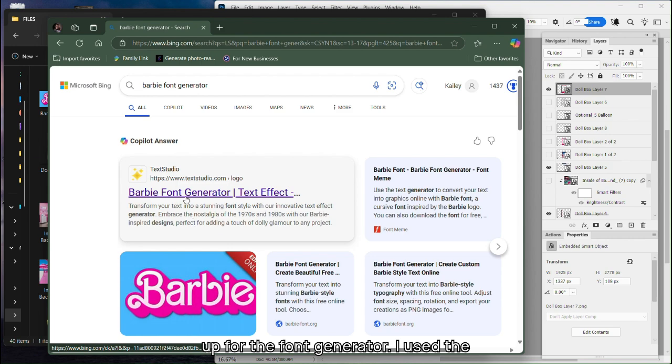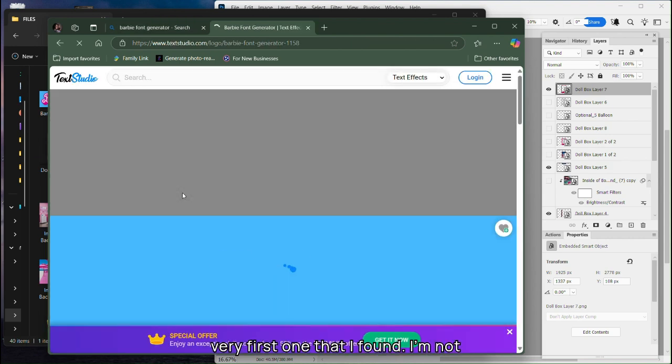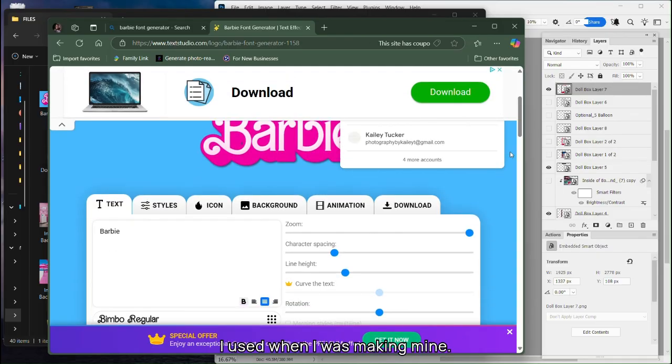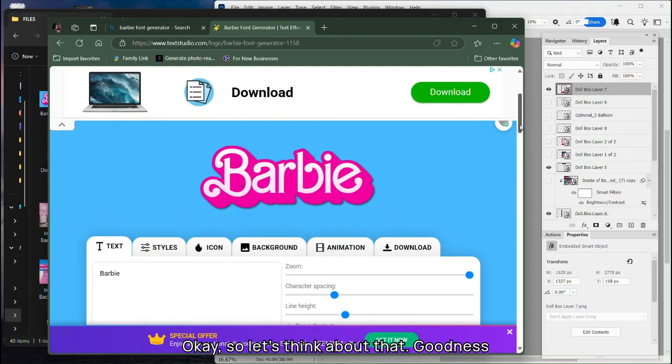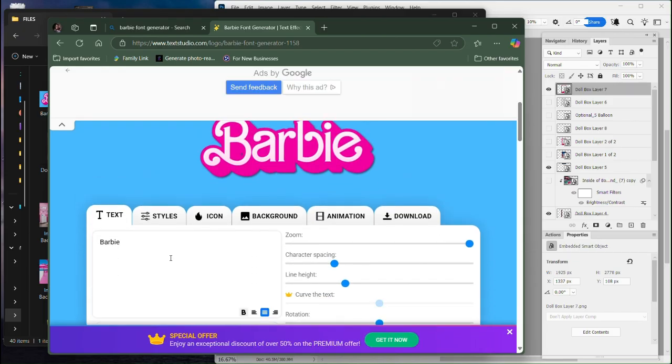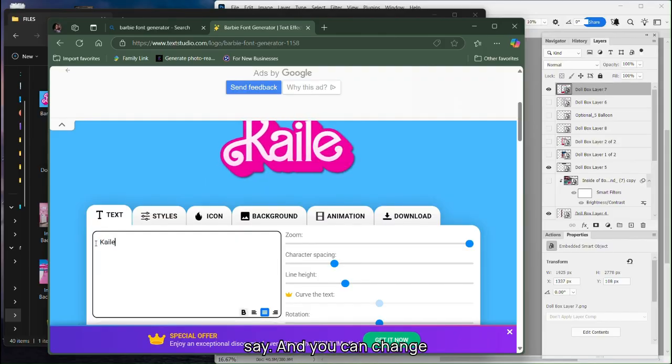So you're going to look up for the font generator. I used the very first one that I found. I'm not affiliated with this website or this company at all. This is just the one that I used when I was making mine. Okay, so let's get rid of that. Okay, so if you see here in the box, you can type whatever you want it to say,